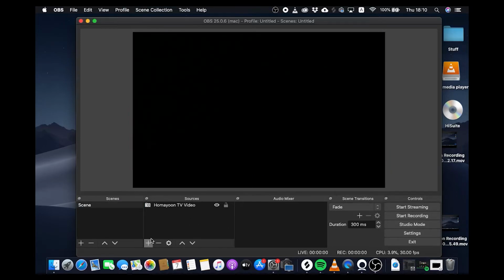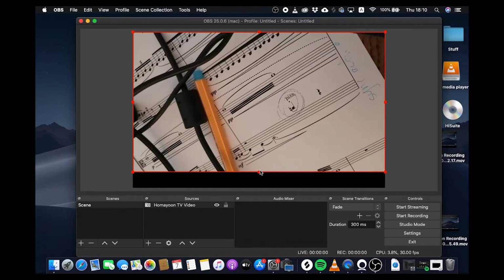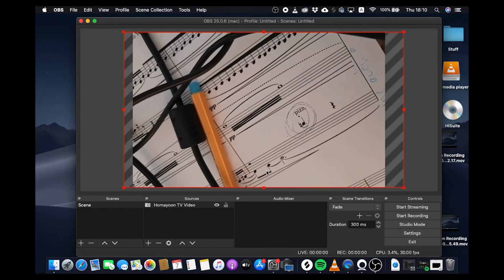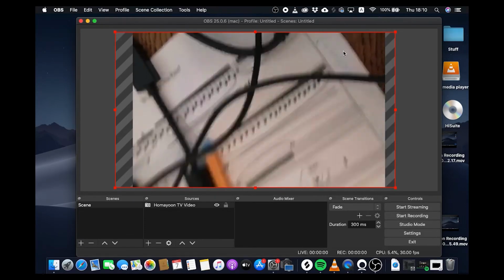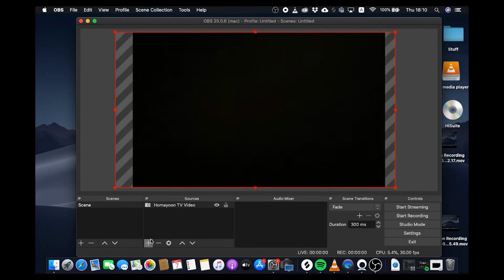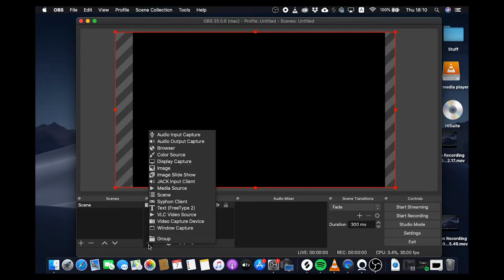After that, we're gonna go and add an audio source. Oh, I forgot also to tell you that, so this is your screen, right? Now we're gonna pan it out to stay in the middle. So basically this will be whatever is going to be streamed, right? After that, we go to add again,